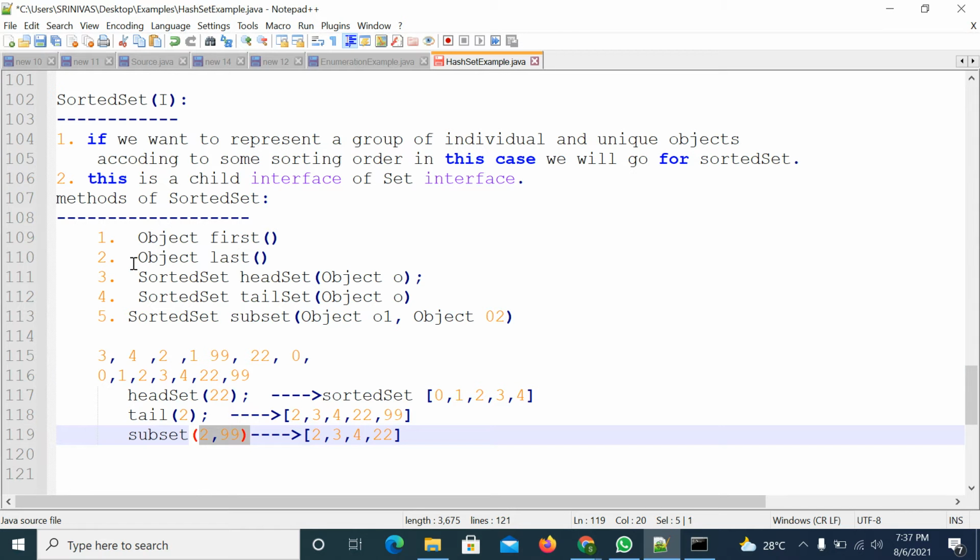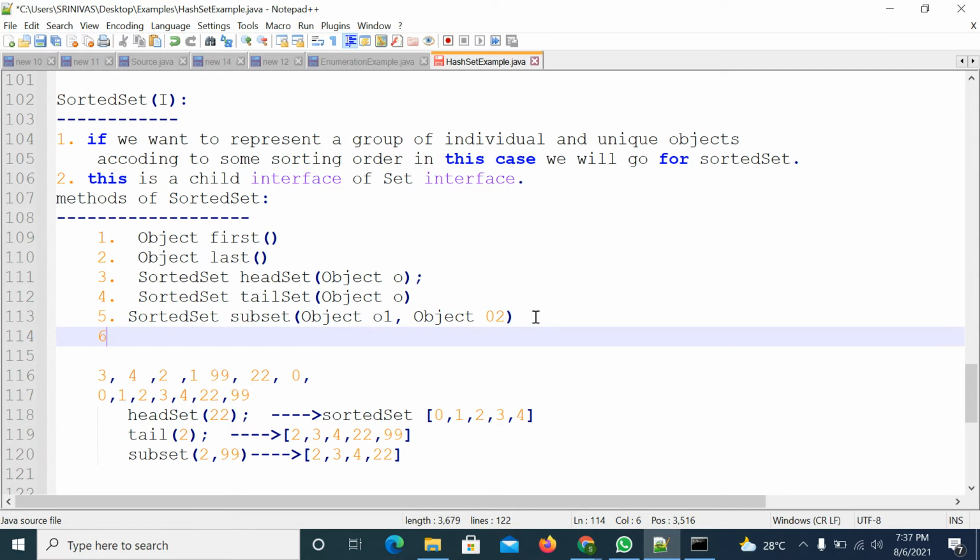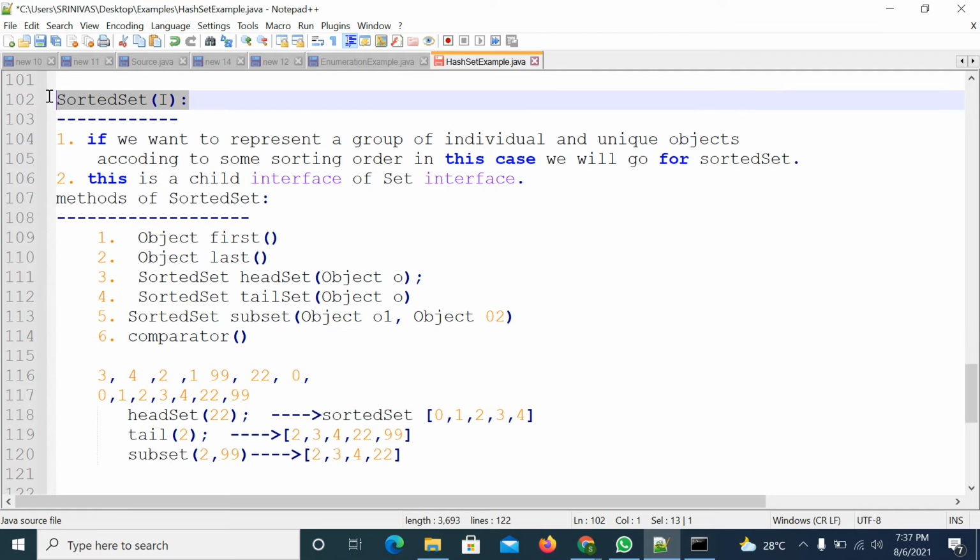So you have these 5 methods, and you have one more method. The method name is comparator. This method is important. If you are not using this comparator method, by default the data will be arranged in natural sorting order.